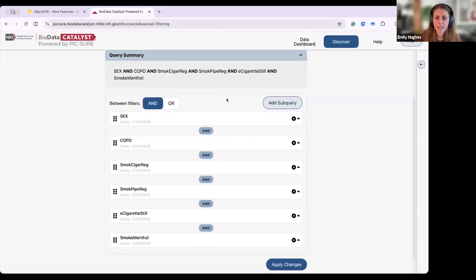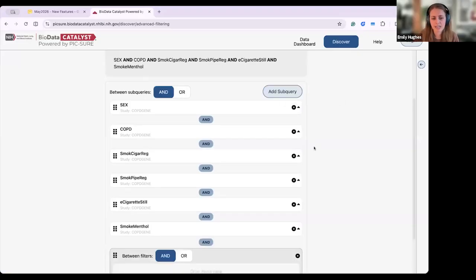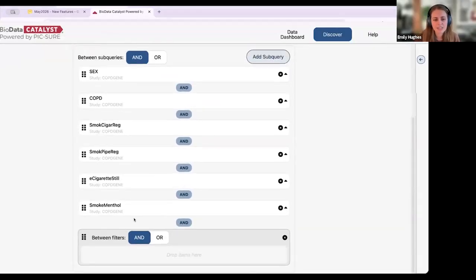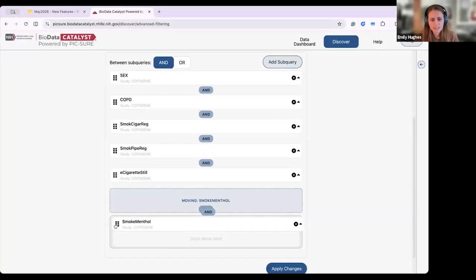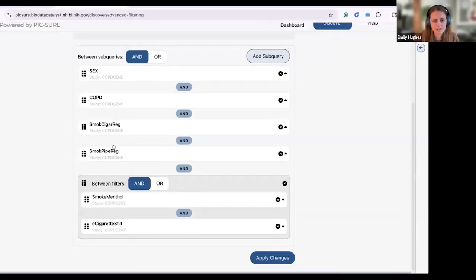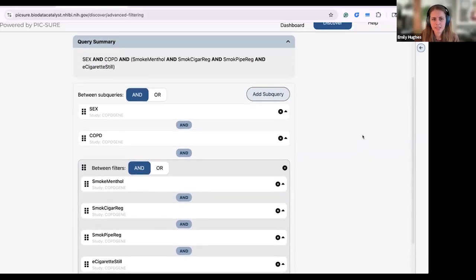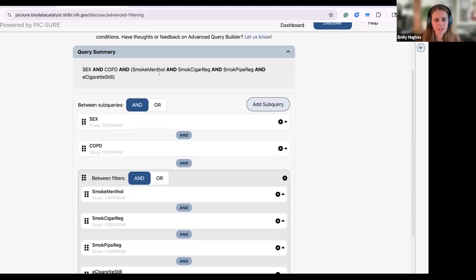I can also click Add Subquery to add a group, an empty group where I can drag filters. So by clicking Add Subquery and scrolling down here, we can see there's this empty group here that's ready to have things dragged into it. So I can use the six dot icon over here on the left-hand side to click and drag the filter into the group. So I'll drag all of the smoking-related filters into this single group. We can see my query summary has been updated to show some parentheses to show that grouping in